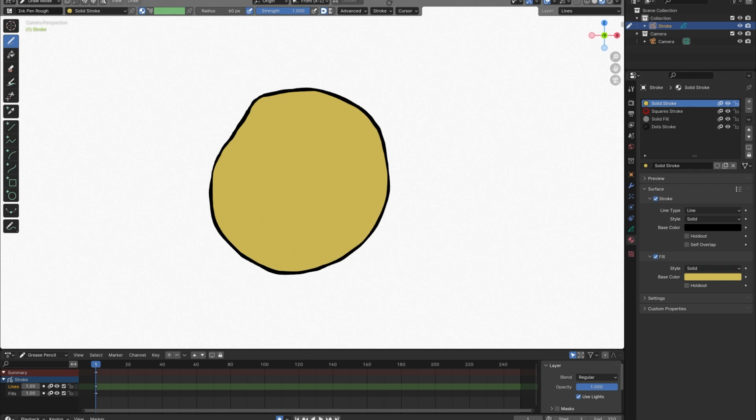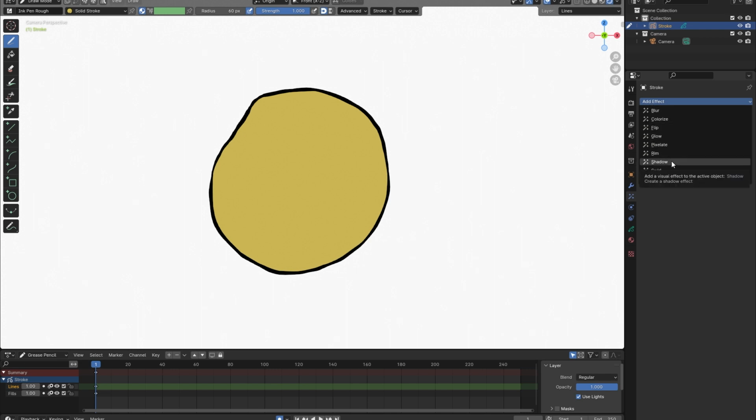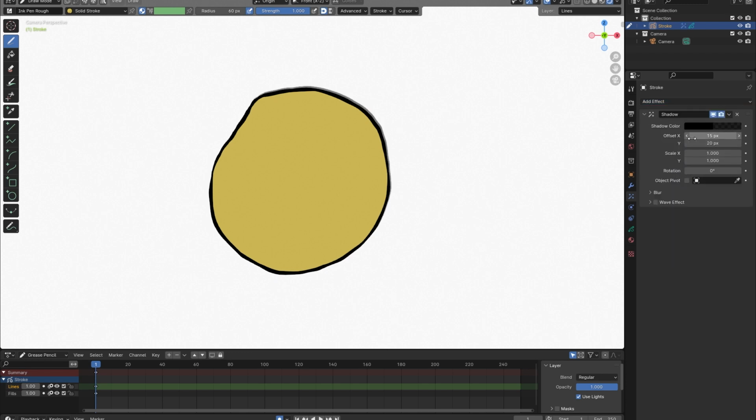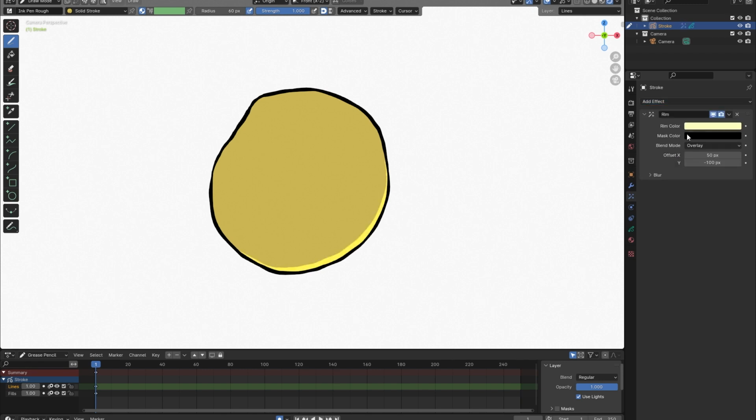And then if I come over to my render panel here and go to stroke effects, I can add a shadow. Is it a shadow or the glow that I want? I believe it's a shadow. Nope, let's do it this way. I want to add a rim. I think it was a rim. Yep, that's what I want. And so then I offset that rim